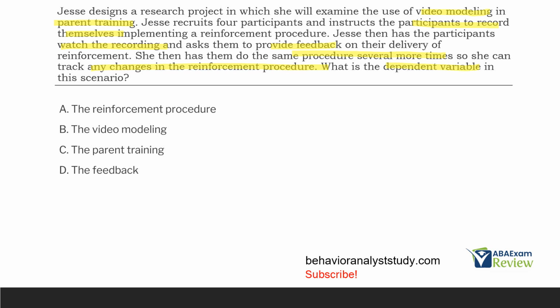And what is Jessie measuring? What is changing? Well, the reinforcement procedure. So the behavior of implementing the reinforcement procedure. So the changes in the reinforcement procedure are dependent upon the video modeling and feedback. So where is our dependent variable? Well, A, the reinforcement procedure. That's what we're measuring. That's what's going to be changing. And it's dependent on our intervention, the manipulation, or in this case, Jessie's, which is the video recordings, and then